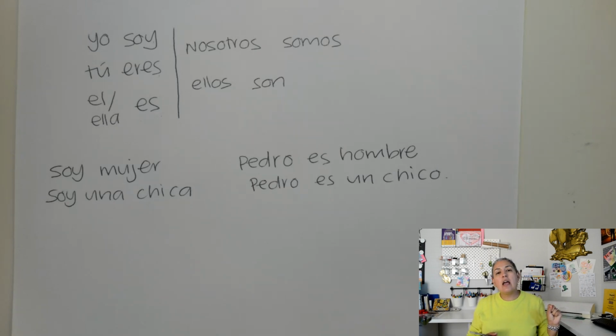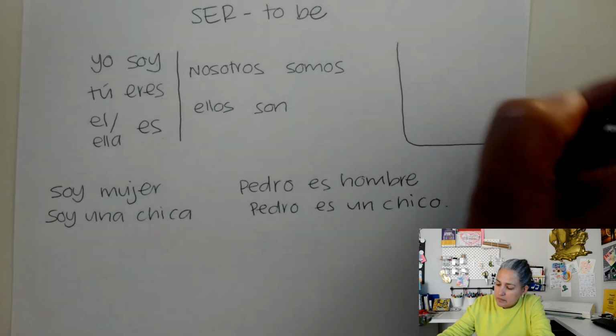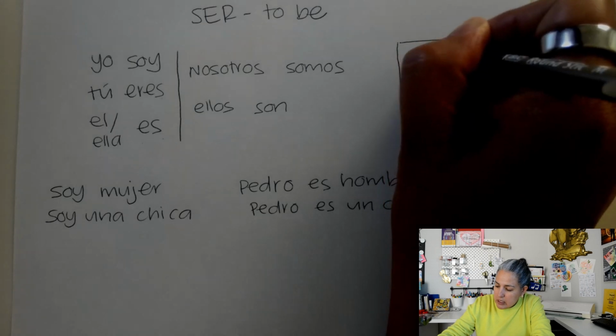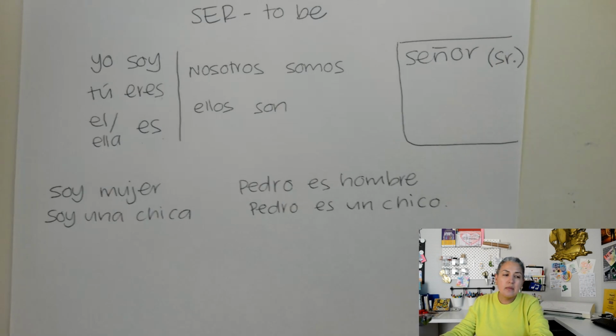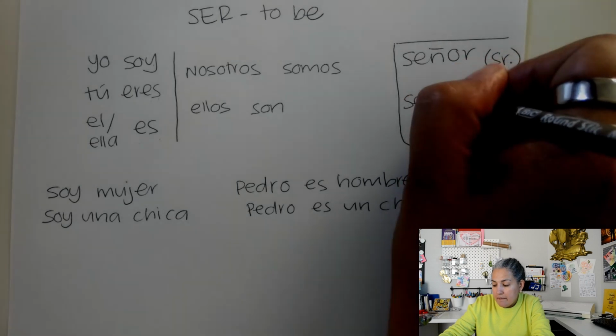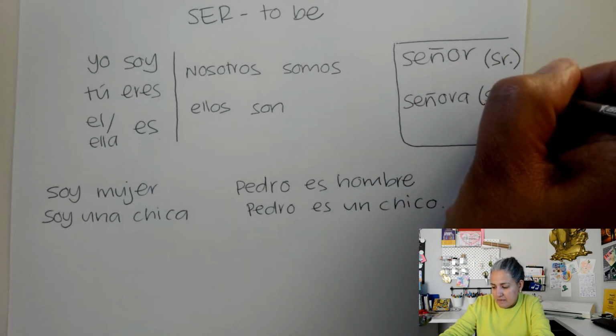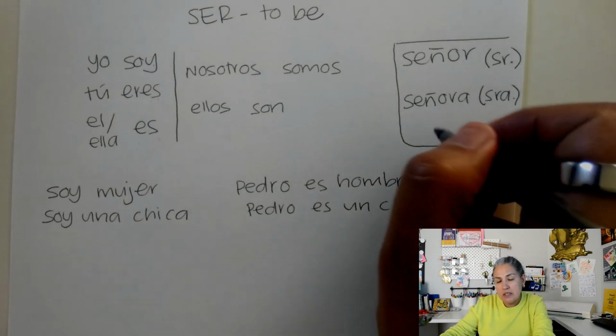So we have in Español two ways of talking to someone when they are like saying a pronoun to say Mr., Miss, or Mrs. We'll add it here as well. Señor. And we abbreviate it like this. That means Mr. When we want to say Mrs., Señora. Como yo, Señora Loera. Or señorita when someone's not married.